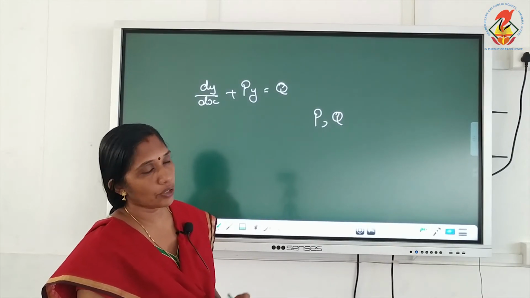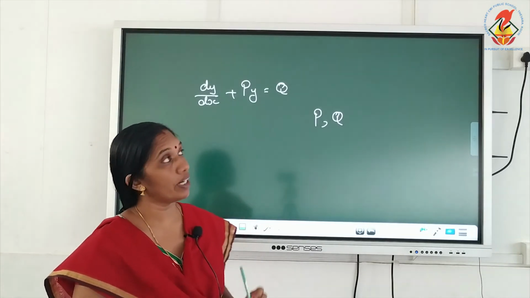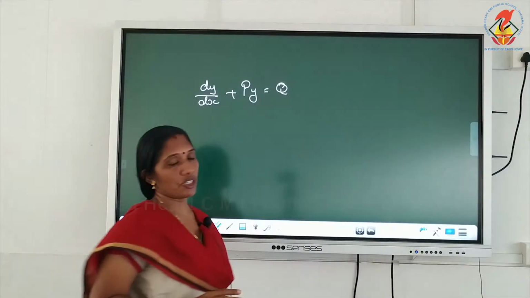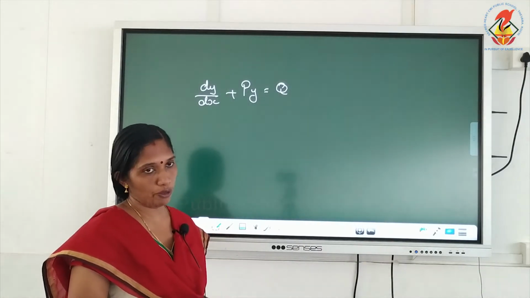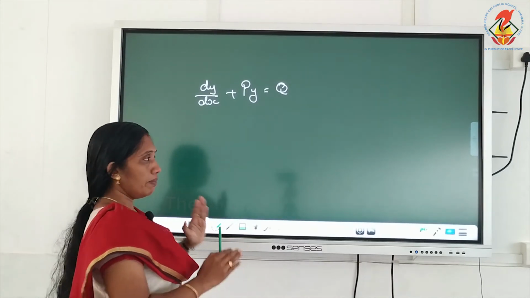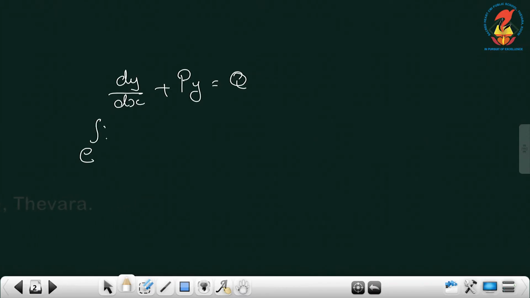So, linear differential equation means a differential equation of the form dy by dx plus py is equal to q, where p and q are either constants or functions of x only. Now, how to solve such a differential equation, how to find the solution? Here also we use a particular method. The method is, if I multiply this equation by e raised to integral p dx, then what we get? Just look.